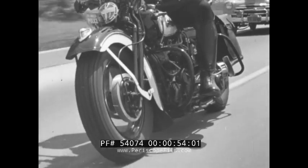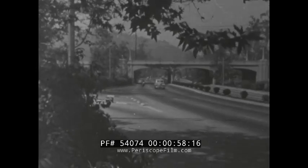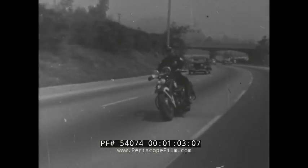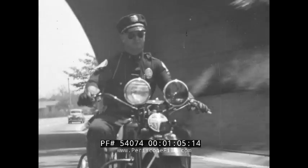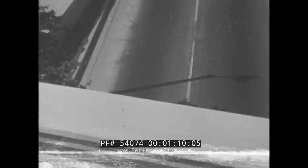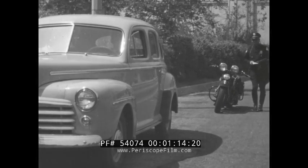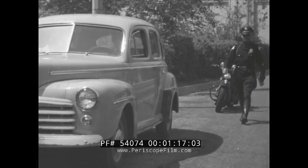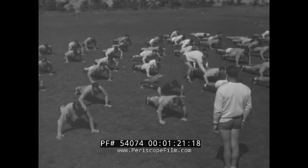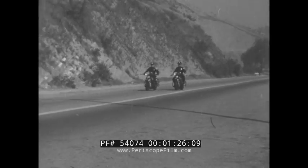A well-trained, experienced officer makes this job look easy, but it's still dangerous work. It requires a lot of hard training and peak physical condition. Only men known to be qualified for it are assigned to this task. Officers for motorcycle enforcement work are carefully selected through a series of mental and physical tests. Physical condition is important. Prospective riders are carefully trained and expected to maintain their condition while assigned to this type